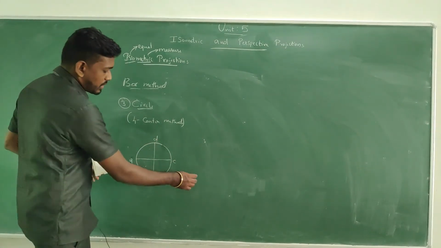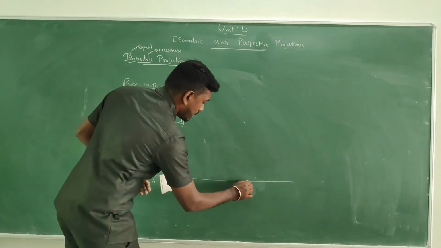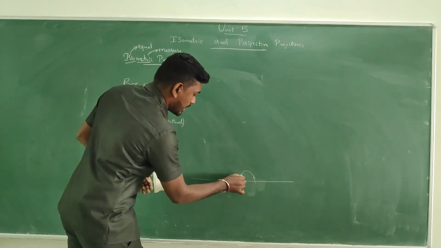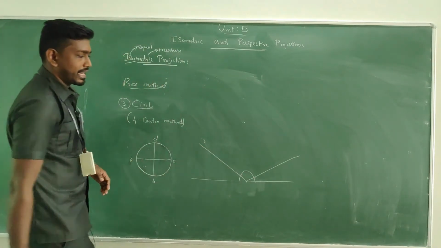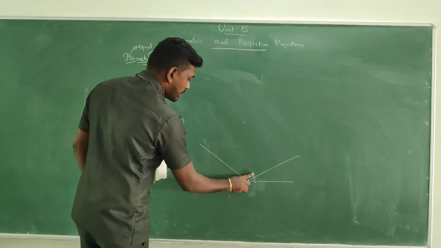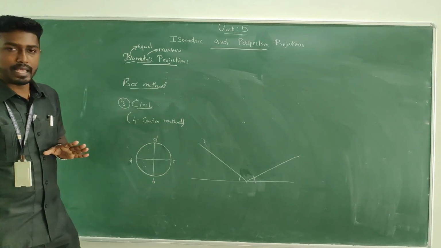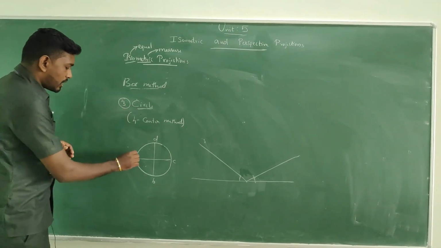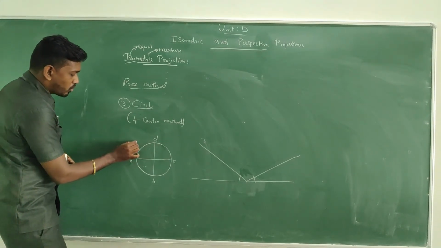The same procedure: just draw a horizontal line. Take a point at the mid, keep a protractor, read 30 degrees on both sides, and draw an inclined line on the right and left. Next, we need to specify all the 4 points to obtain the circle, right? So, to get an easy method, we are going to form a boundary for it.